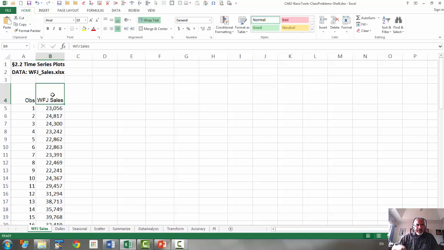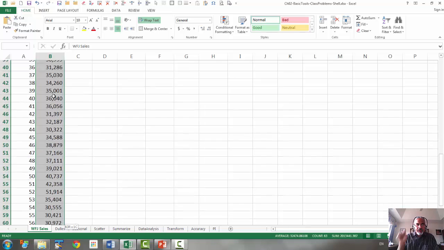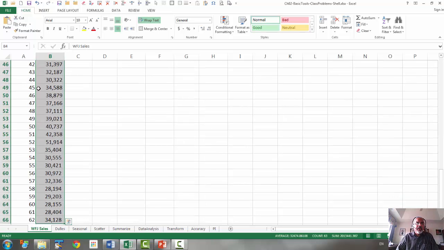Now to highlight the entire column, there are a couple of ways in which you can do this, and one easy way is to click on the first cell and then press the shift key and keep the shift key depressed. Don't let it go. Keep the shift key depressed, and then press the end key and then the down arrow key. First the end key and then the down arrow key, and then you can let go, and you have the